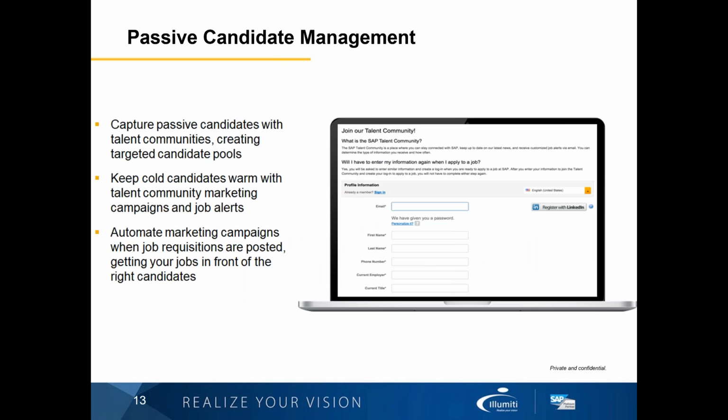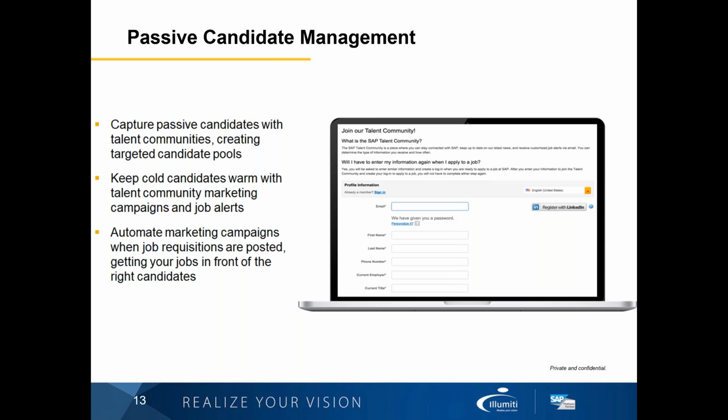One thing that I alluded to on the last slide was this concept of talent communities. And I do just want to take a moment to point out what a talent community is and how it can help your organization. It's the idea that people come to your job site and may or may not find a position that suits them. Or they may find something that they're interested in, but the location maybe isn't just right for them. And so you've had a potentially viable candidate come to your site, something drew them in, but they're leaving without applying for some reason or another.